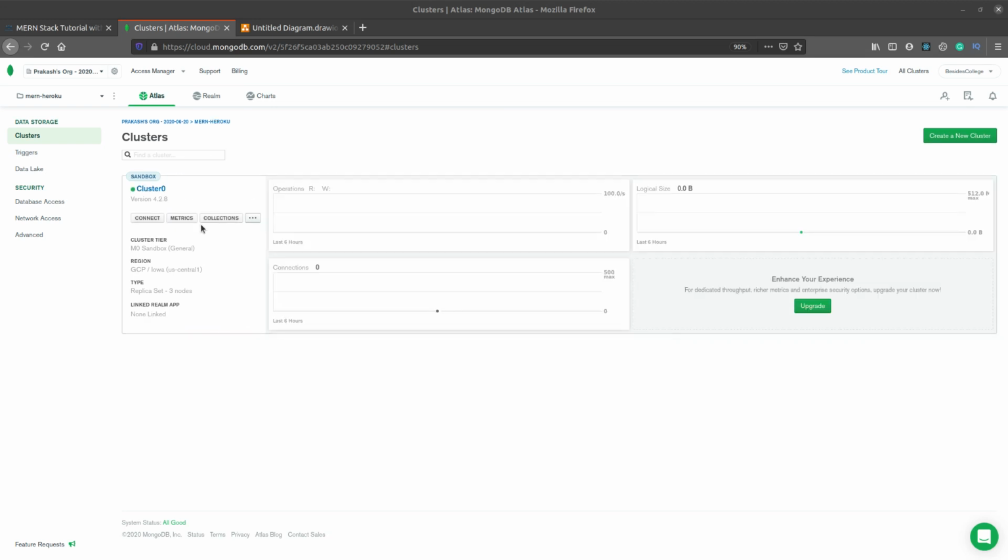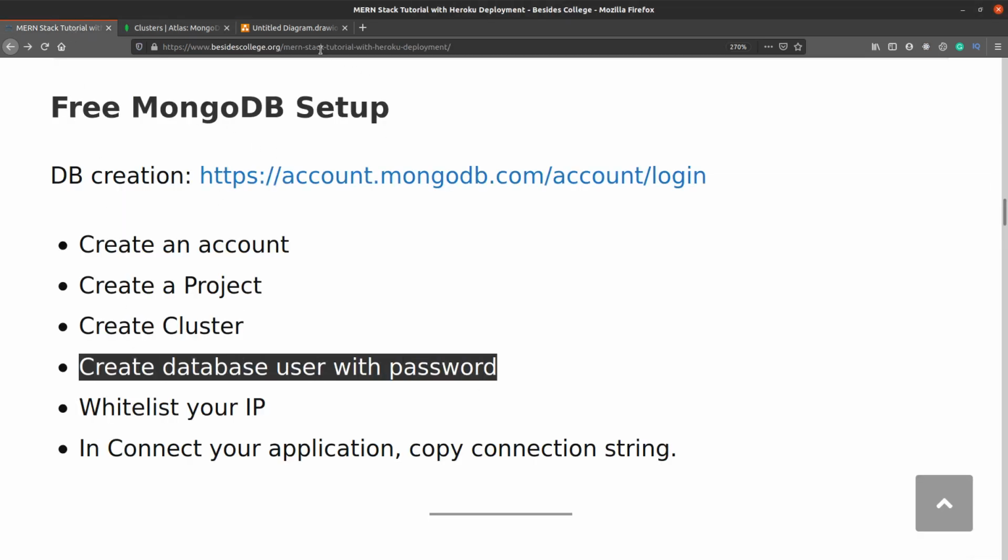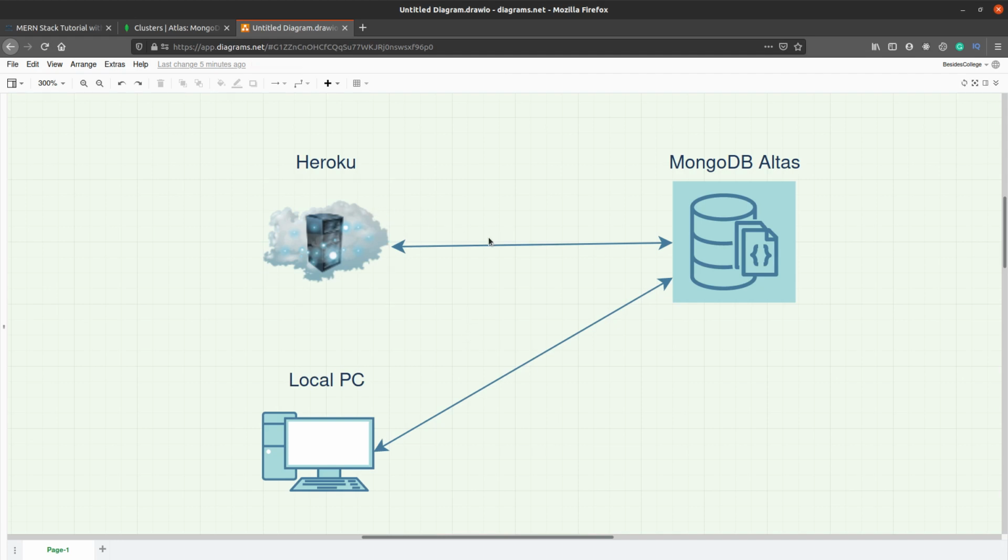Okay, all right, so my setup is completed. So it took about 3 minutes, and when I refresh the page, I could see the setup has been completed. If your setup shows it's still in progress, you can try refreshing the page and check once. Okay, once this cluster setup is done, next step is to create a database user. Like we discussed, we need a username and password that will be used to interact with this particular instance.